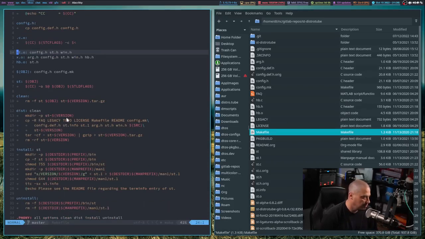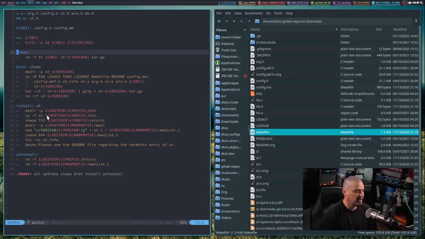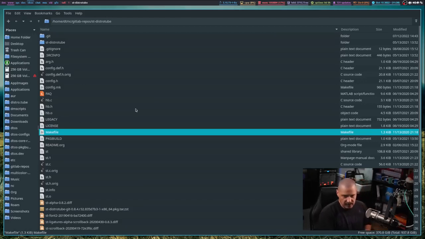So you can see directories it makes and things it moves around. It copies certain files. It copies the ST binary to /bin, for example. It also tells me where the man page gets placed. It also tells me where the README information gets copied to. So it tells me where a lot of the files associated with ST get placed on the system just by